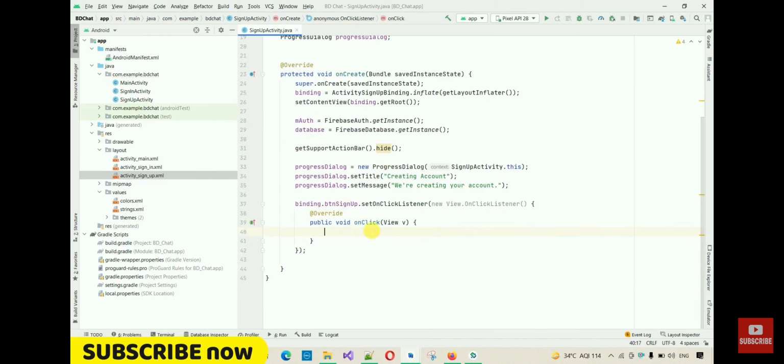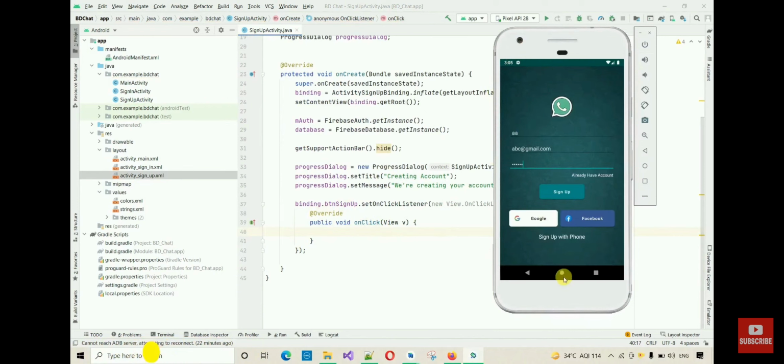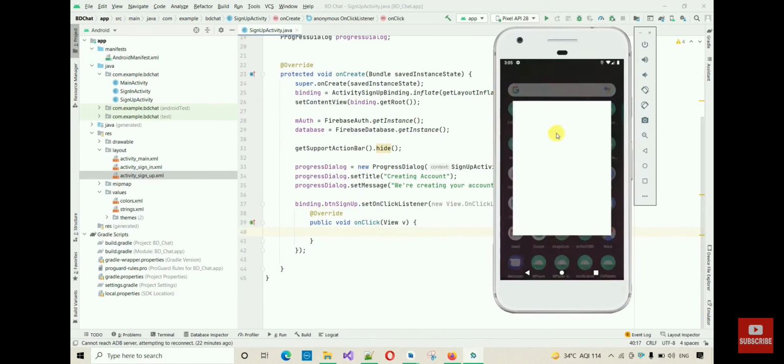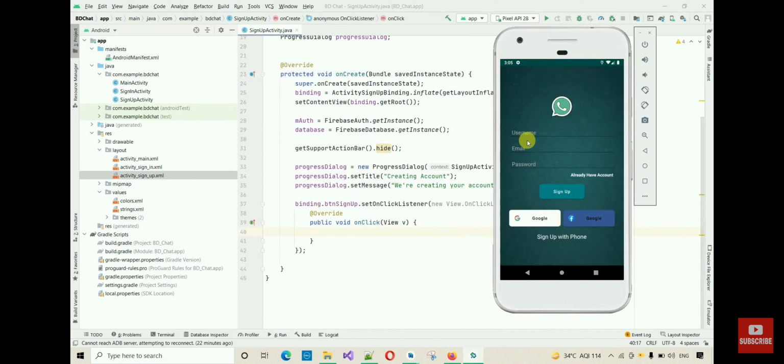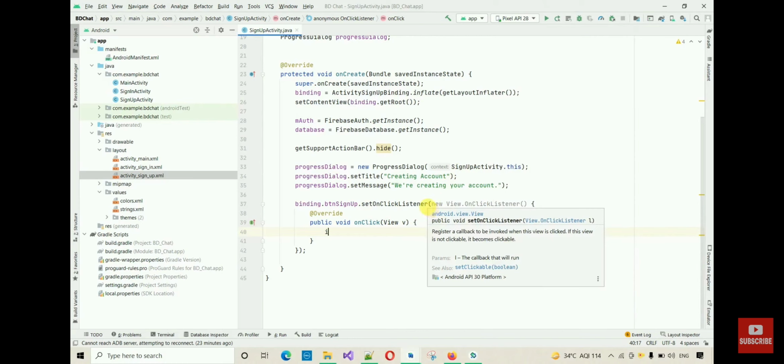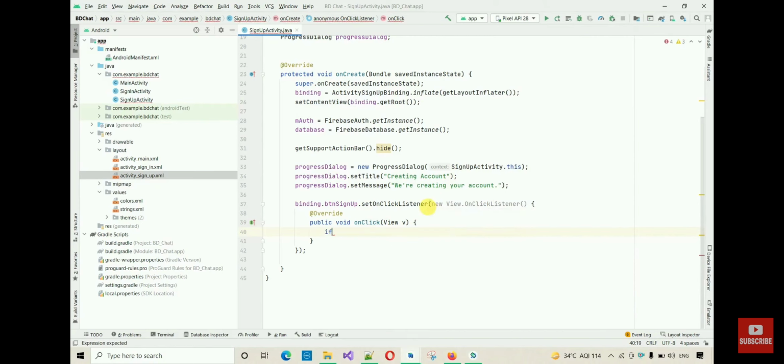Inside this one, first thing what I want is I want to check the text fields. Okay, so let me close this, and we are working on this BD chat, and here you can see the text is empty. So what I want is when I click on this, I want to show the user that these fields are empty. Like simply I'm going to show a toast that says enter credentials, or you can type anything. Okay, so first I'm going to check that, and here first thing is we have to put an if else